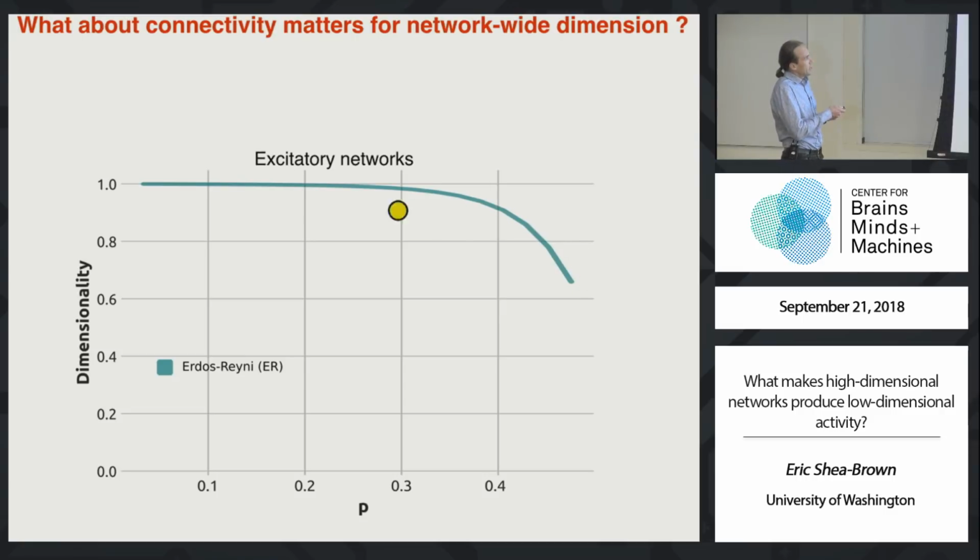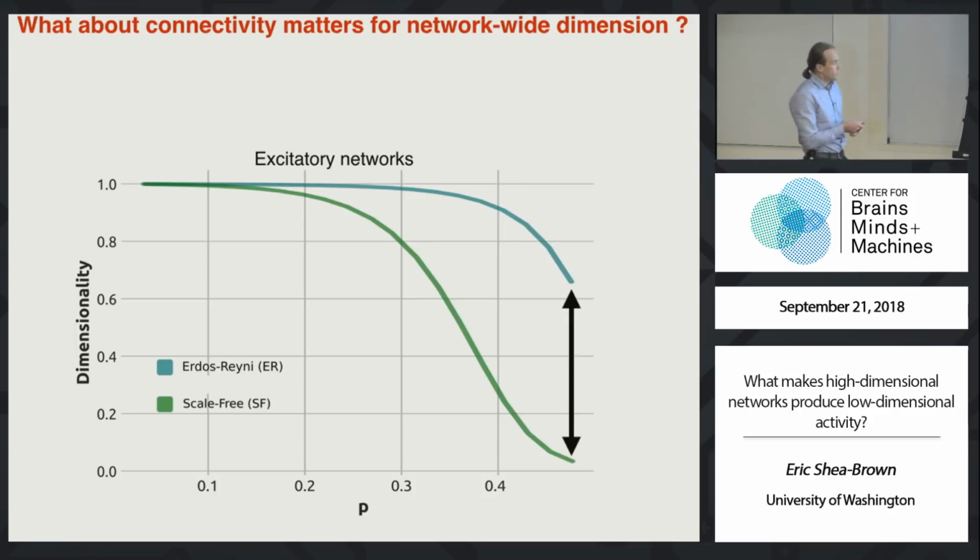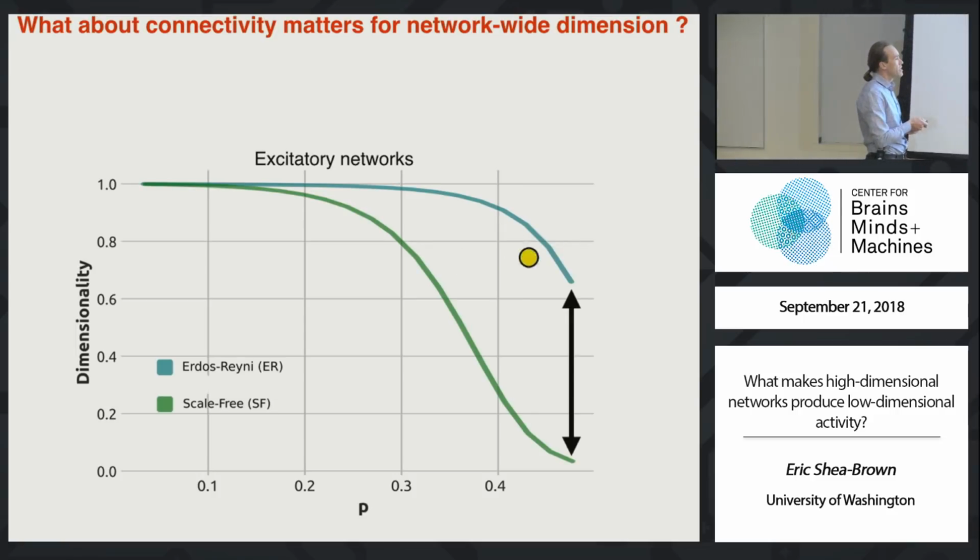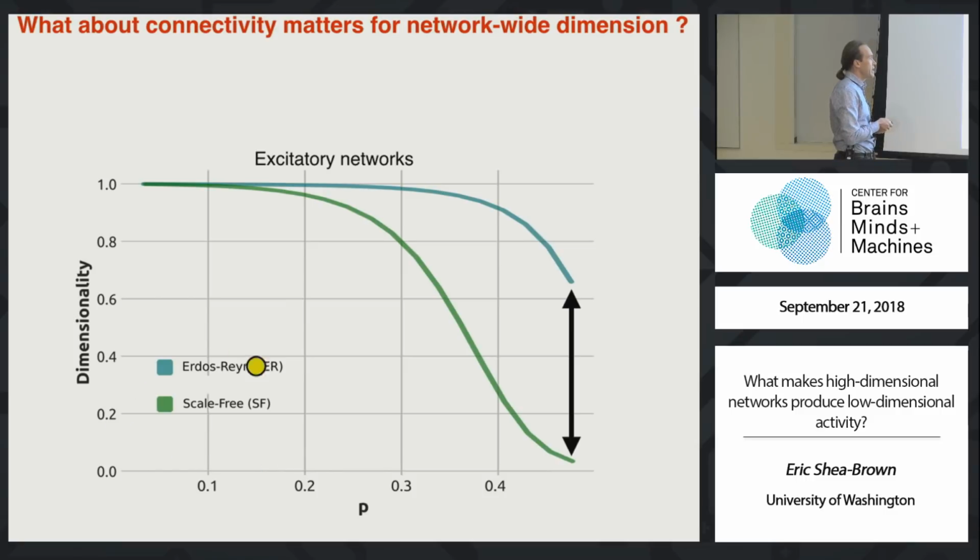Let's specialize to the case of excitatory-only networks, for reasons that you'll see in a moment, and compare what you get as a function of connection probability P. You can think about this for a fixed budget of different connections that you could put down in a general neural network. Let's compare the dimensionality that comes out of the randomly connected systems. You've just seen that. Those are also called Erdős-Renyi networks, with the type of dimensionality that you'd get by spending that budget of connections, a fixed budget here of roughly 50% of possible connections being present,